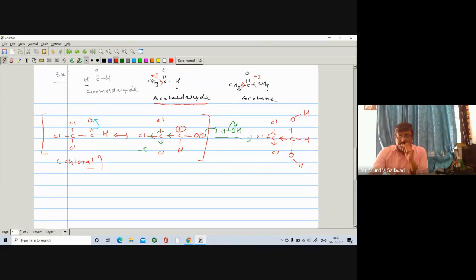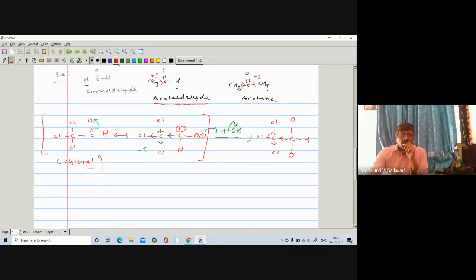So in this case also we can write Cl negative and H positive. Suppose instead of writing this H, we can write here also. So instead of writing that one, I will write this H in this case here.